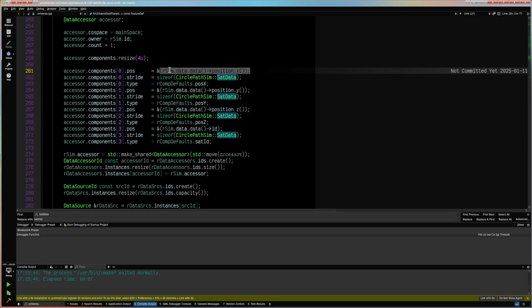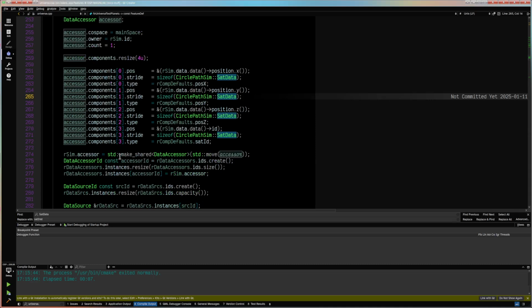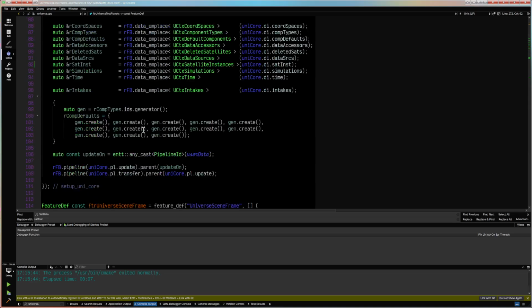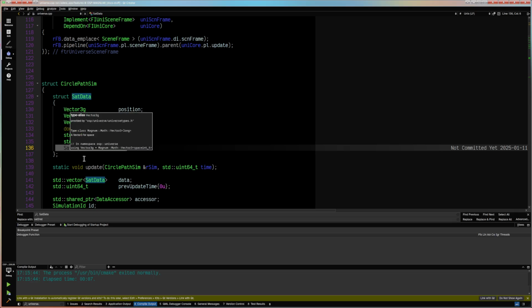And so it just gives a pointer to the address of X, Y, and Z, and the stride between different, the distance in bytes between each, where the X's or the Y's or the Z's are located. And again, you got satellite ID as part of this thing here that's also exposed, so that whoever is reading this, which is being read by